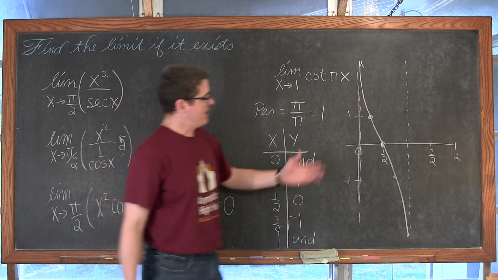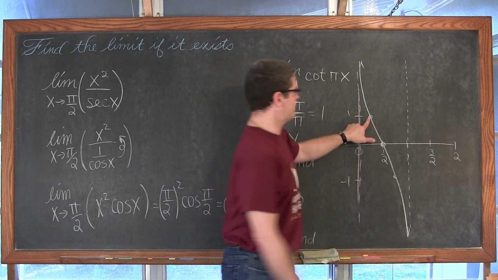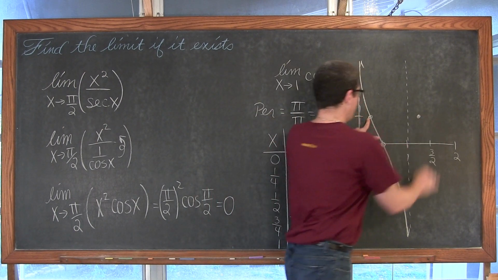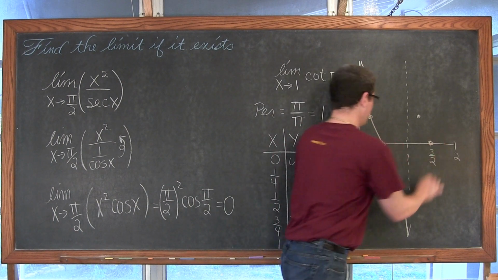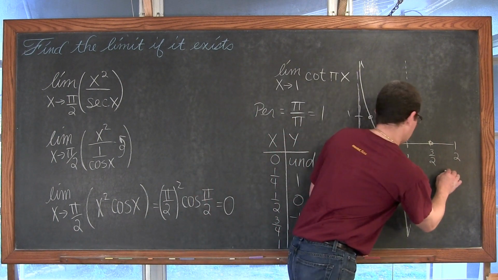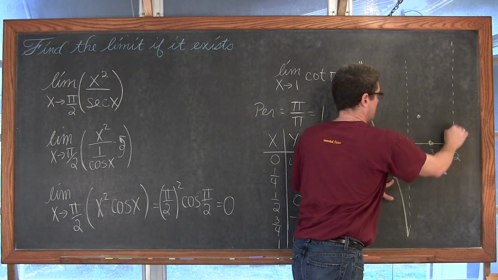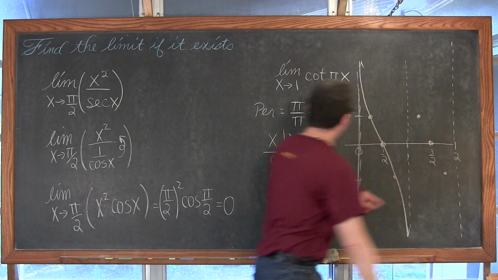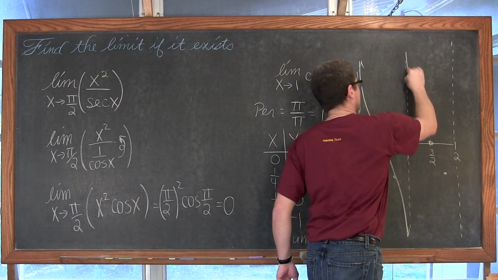But just to continue the pattern and understand the period, just to the right of the asymptote, we got a value of 1, so we're here. And another step forward of 1/4, we get a value of 0, and then again a value of -1. And then finally, at the value of 2, we've gone a distance of 1, and the period of our cotangent function is 1. We get another vertical asymptote.